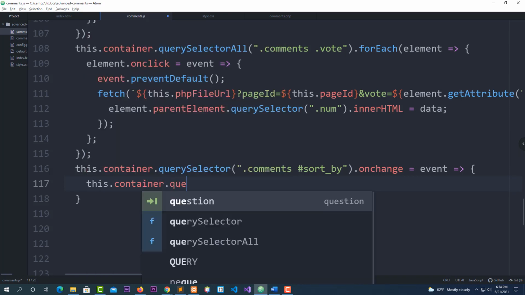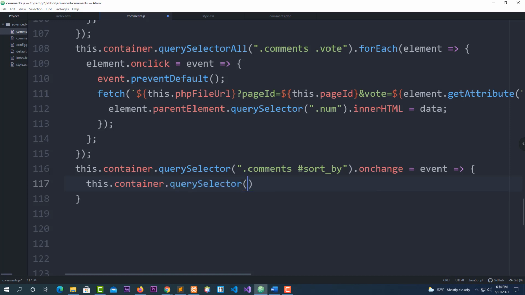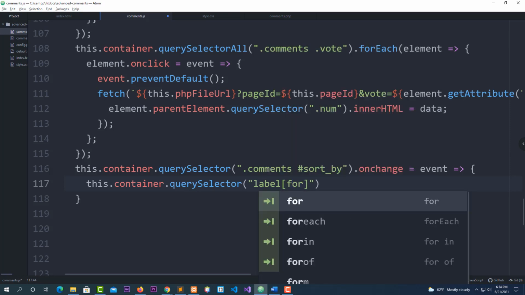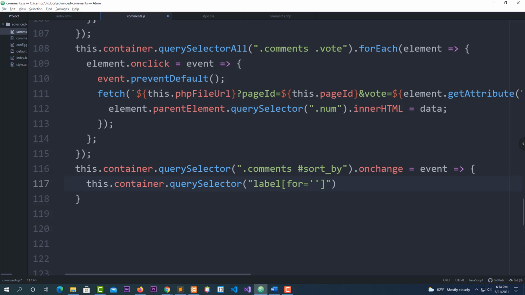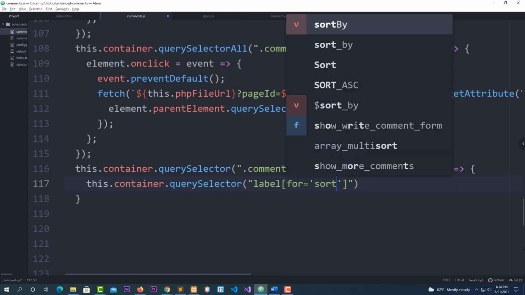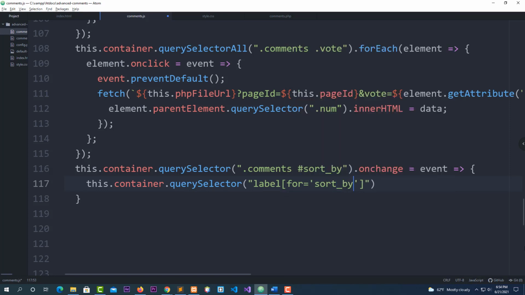this dot container dot querySelector parenthesis double quote label bracket parenthesis label bracket for, this is the bracket for equal single quote bracket for sort underscore by. Okay. Go after this closing parenthesis, put it dot